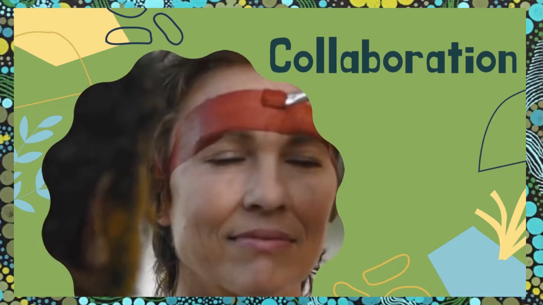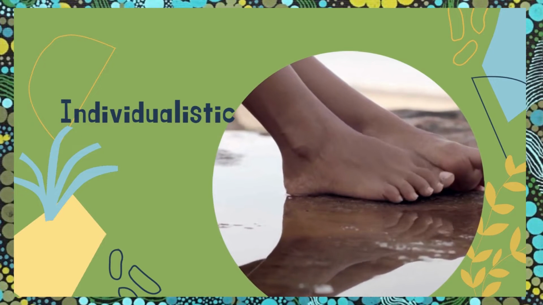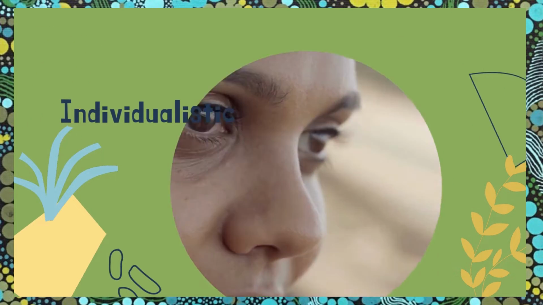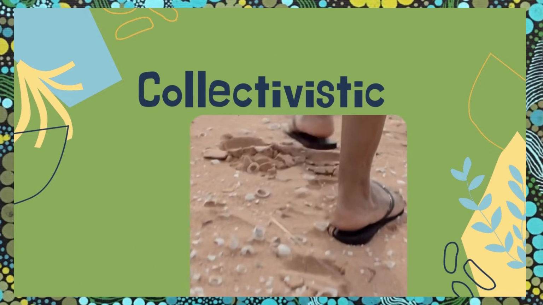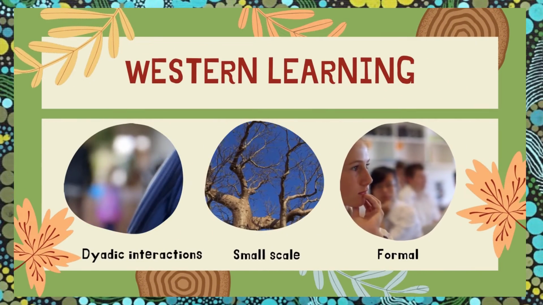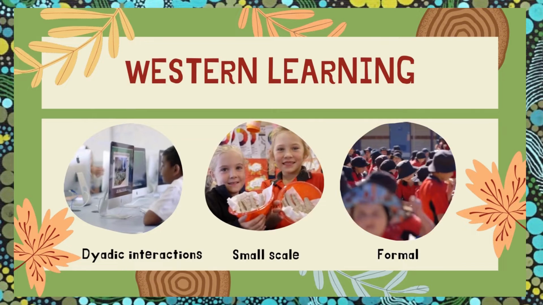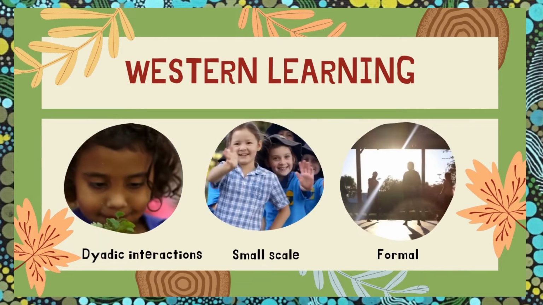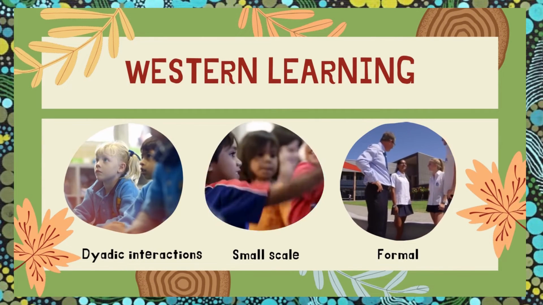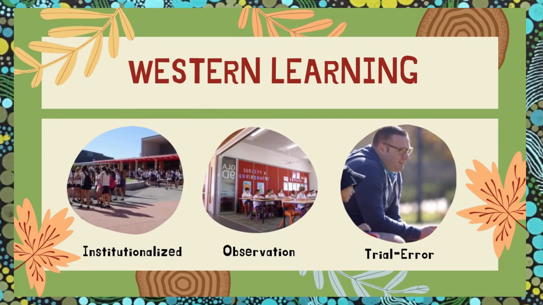The Aboriginal children showed greater signs of collaboration. The result showed the individualistic cultures of Western people and the collectivistic cultures of indigenous people. Also, typically, Western learning is characterized by dyadic teacher-child interactions on a small scale, more formal, institutionalized through observation and